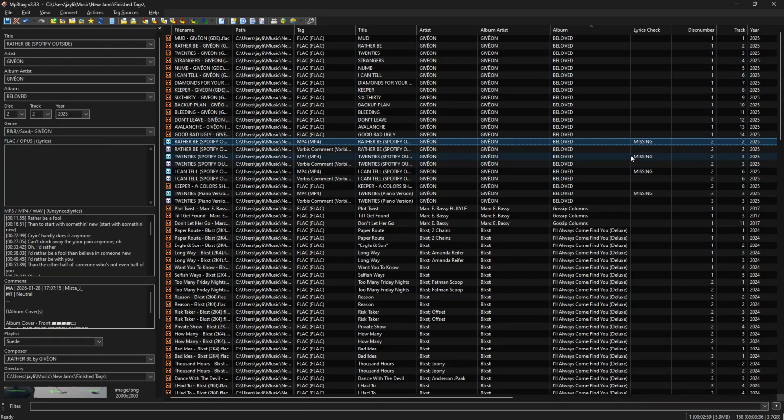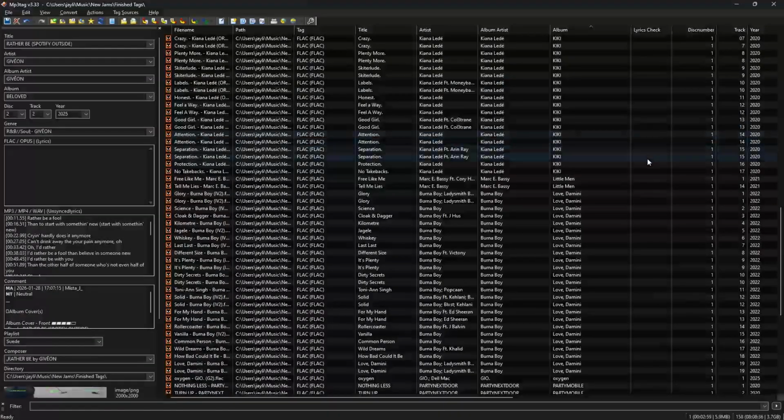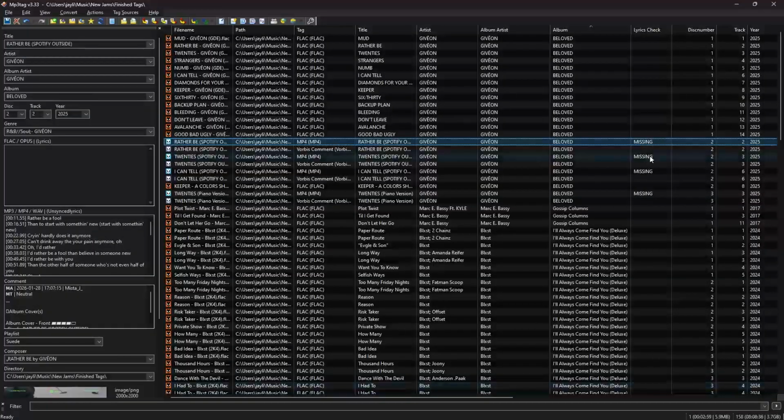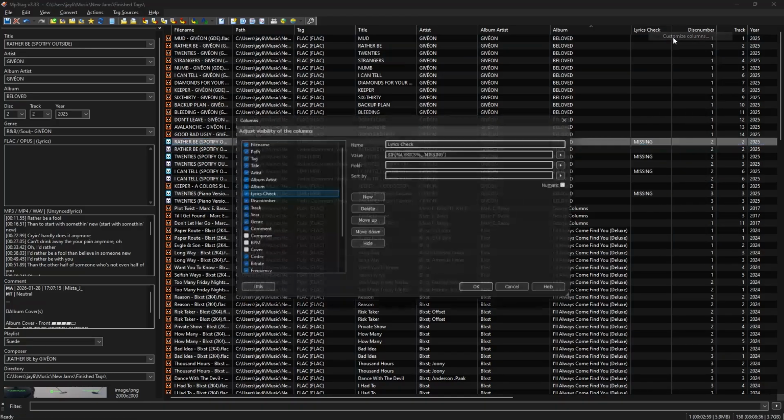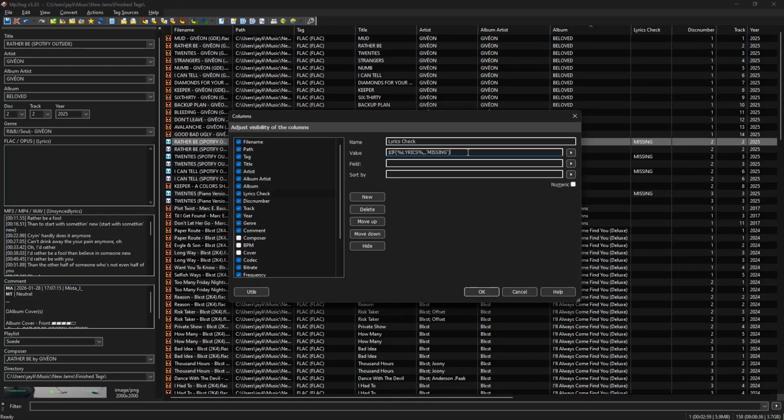And obviously you can ask more complicated questions about the information. Maybe you want to know how many cover arts are embedded in whatever the case may be. This allows you to be able to scroll through easily and just kind of see what you might need to give some attention to. In this particular example, I could have also just changed the value here to be lyrics themselves,